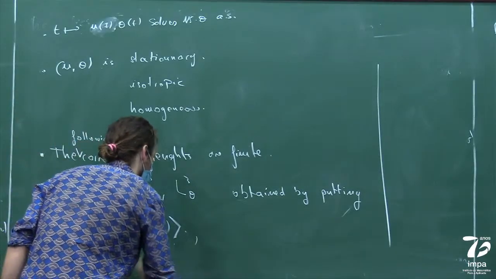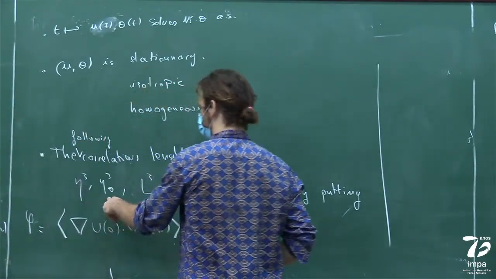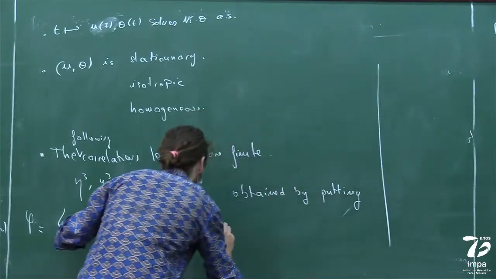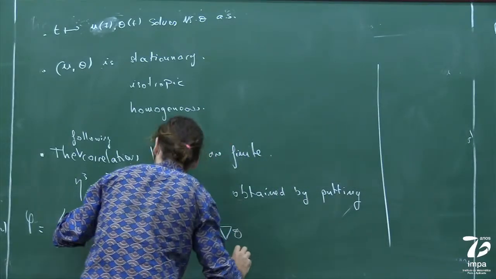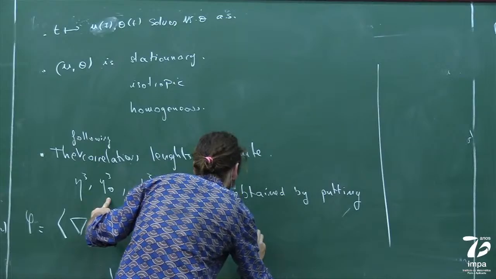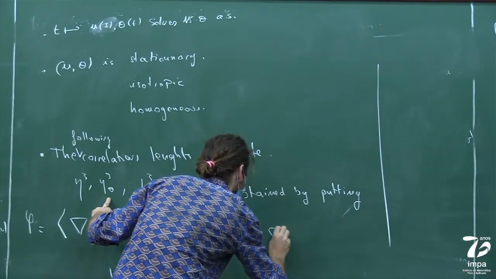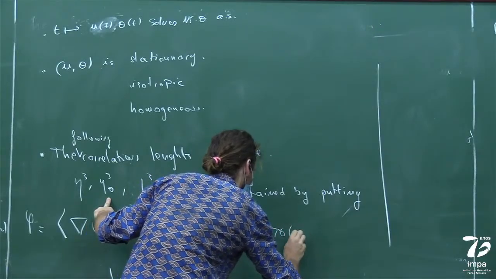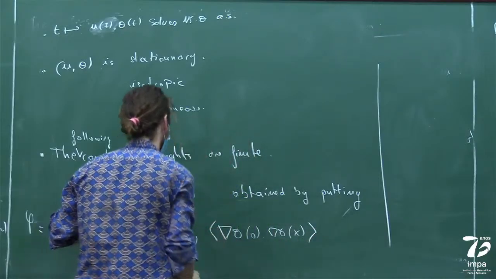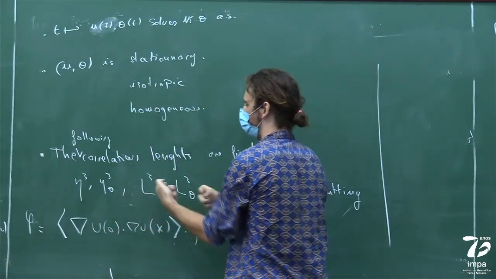This one will relate to the gradient of the scalar, delta theta of 0, delta theta of x. And those two will be related to